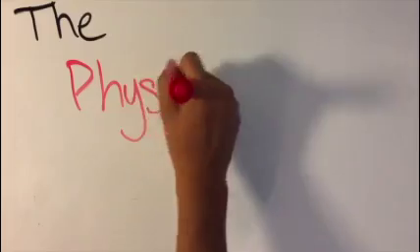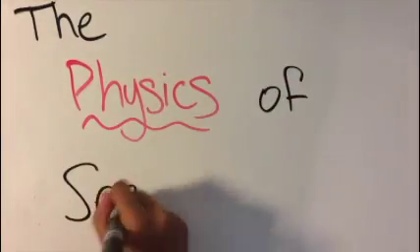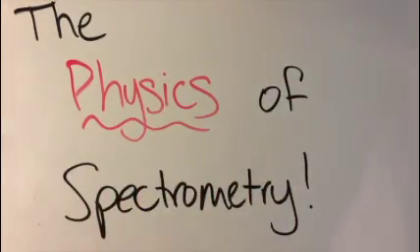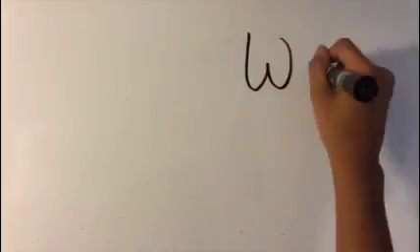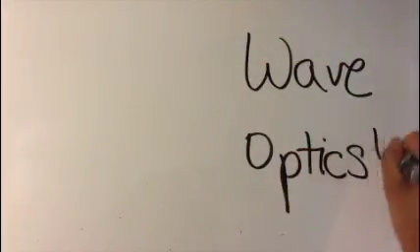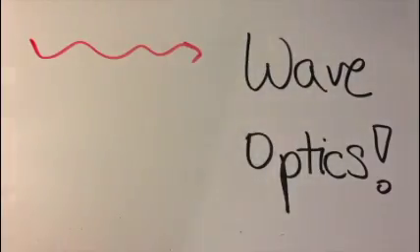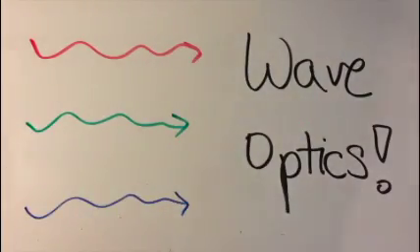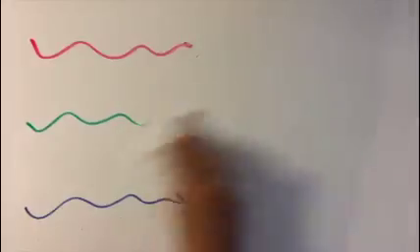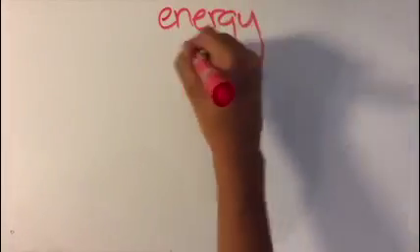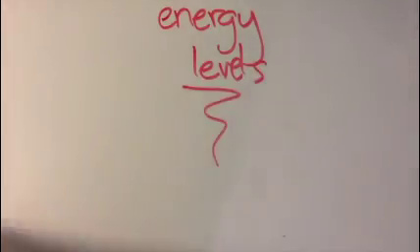Before we start with our spectrometer and the demonstration and construction, let's go over the physics of why a spectrometer works in the first place. Spectrometry centers around the physics topic of wave optics. This basically follows the wave theory of light, meaning that light is made up of and travels in electromagnetic waves rather than rays. The principal idea behind spectrometry and one part of wave optics is the emission of light from